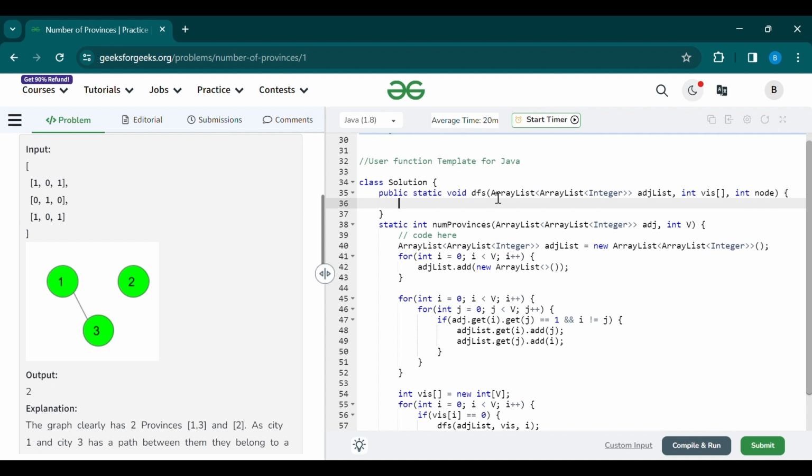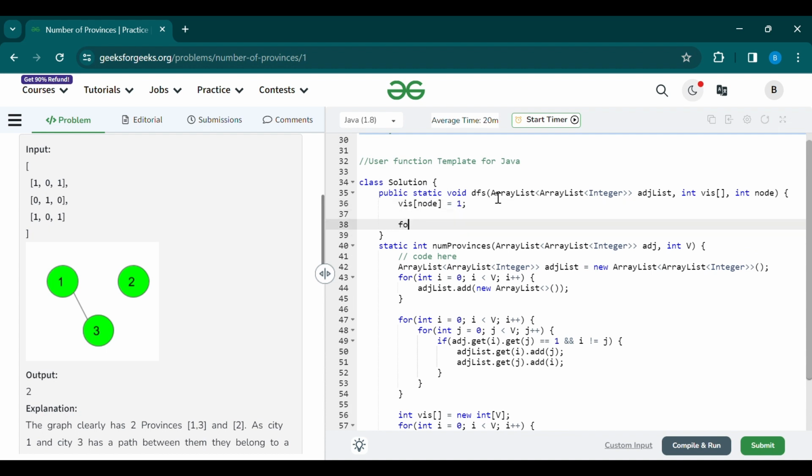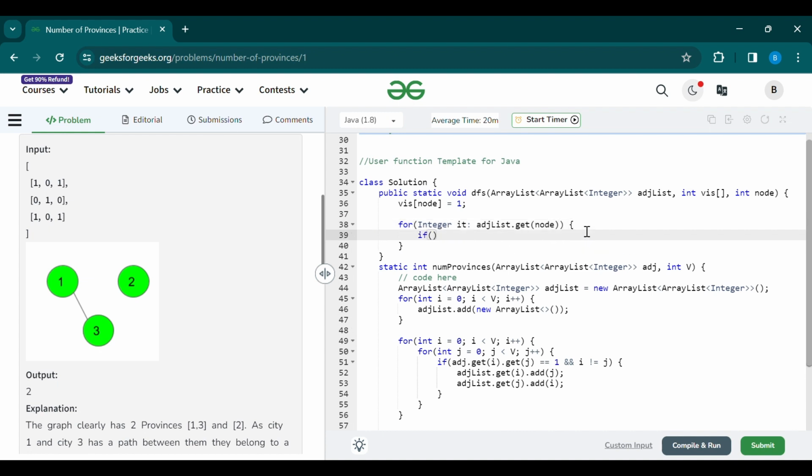Whenever we get any call, we first mark that node as visited. Then we apply one for each loop. We get that node's list, that is, the adjacent nodes of that node. So we are iterating in this for loop. If it is unvisited,